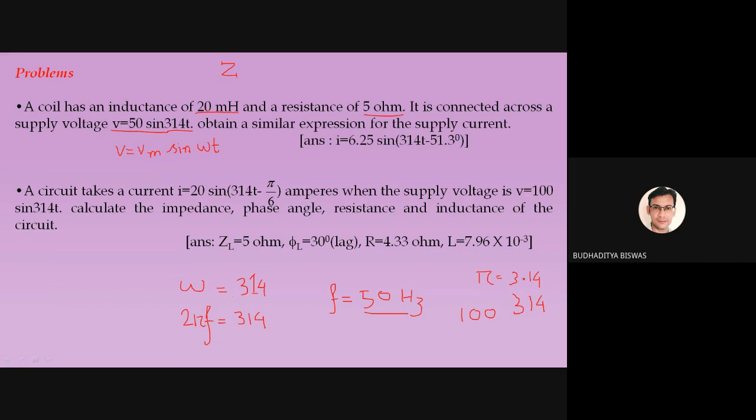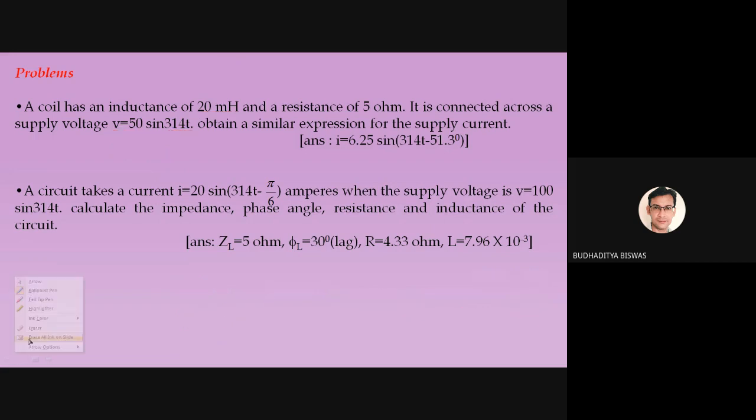Okay, so you can write by default, not directly, if you get this type of thing in a question. So omega, f equal to 50 hertz. Now, the first thing is that f equal to 50 hertz, or you can simply write 50. Now, if f equal to 50, what is the XL?